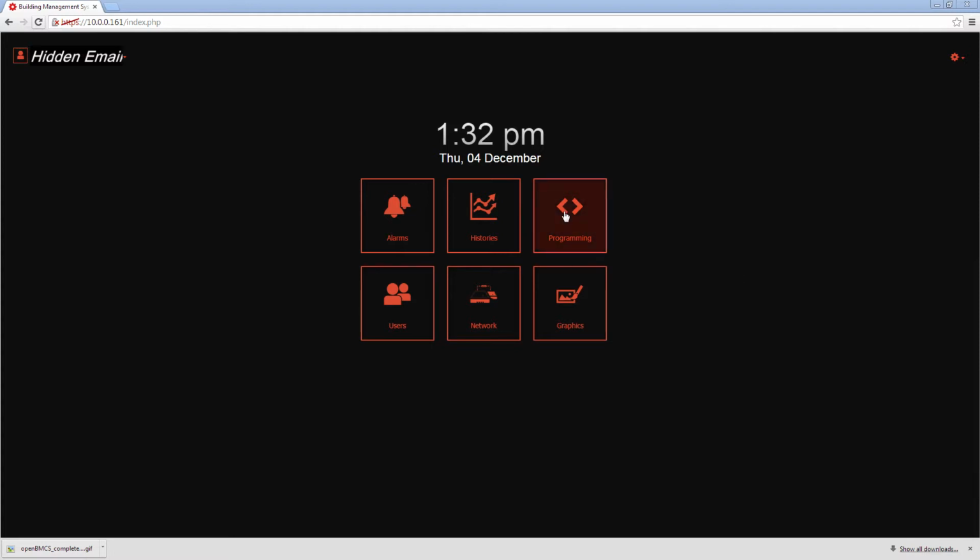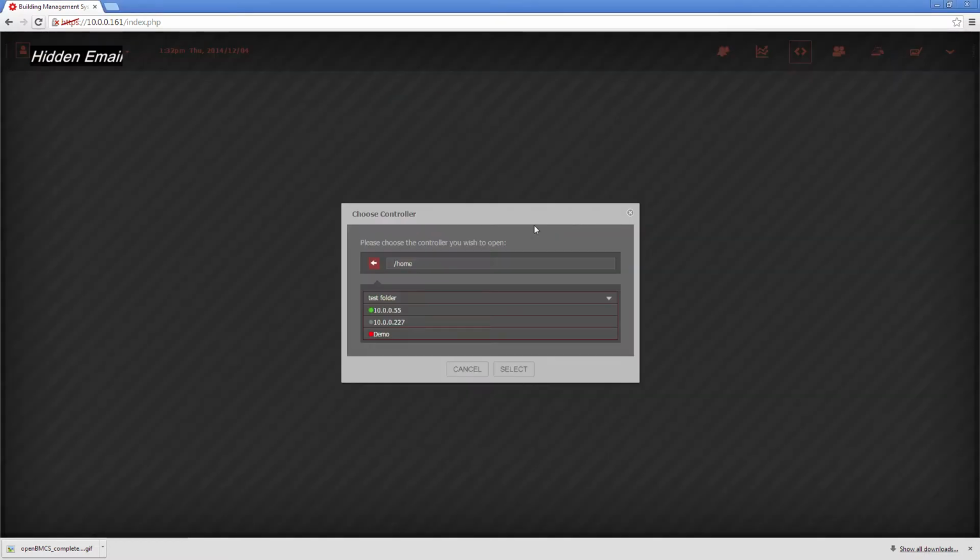So when you first log in, you'll be greeted with this page, which is the dashboard. If we click on programming here, we head into the programming tool. You'll see this window automatically boots up if this is the first time that you've accessed since your login. And now you can select the controllers. You can click on folders as well, so that you can organize the controls a little bit cleaner. So if you've got a very large site, this will obviously help you find devices. So if I select one from the root that we've got at the moment,